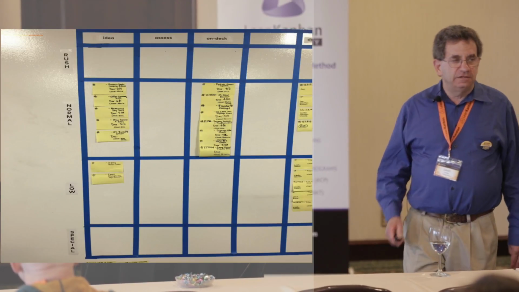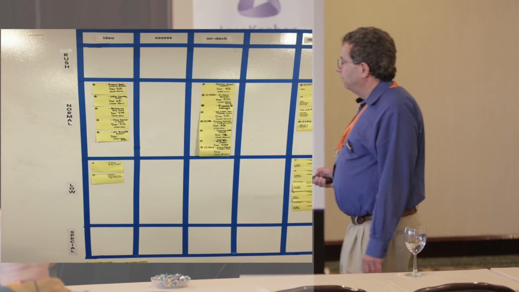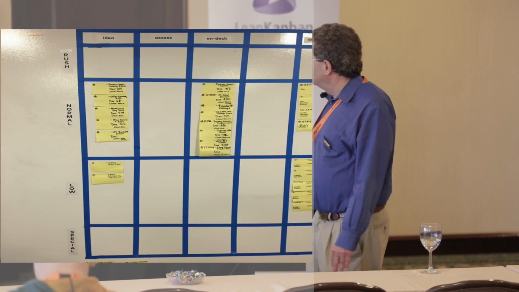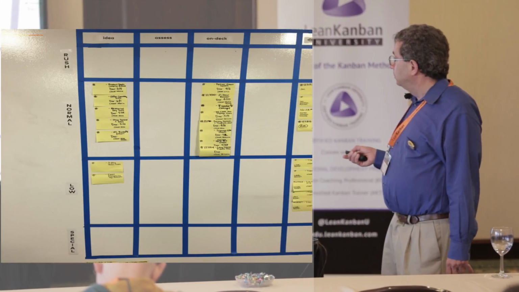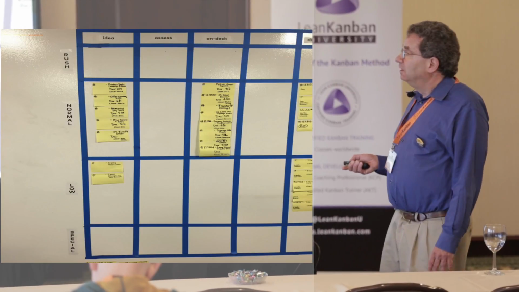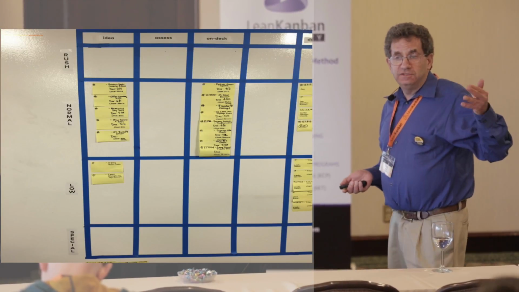Then we introduced class of service. And this was key, and if I have time, at the end, I'll show you an example. It was really helpful. But most of the work, the business as usual, the normal work flowed through this column. The rush column would go through here. Now, when the lead time was 8 weeks,